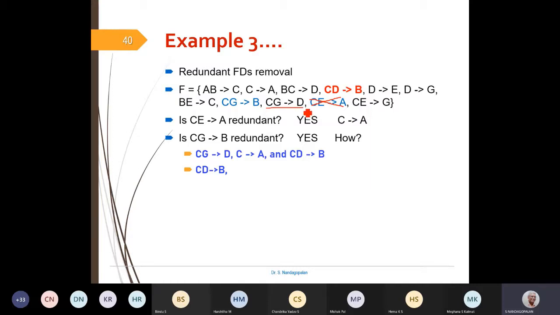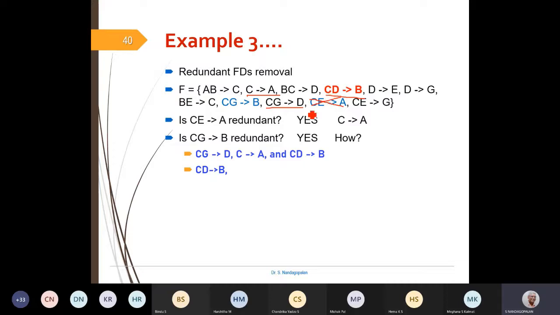You can see here. So that is one. Second, C arrow A is given and CD arrow B. Yeah, CD arrow B we have done.